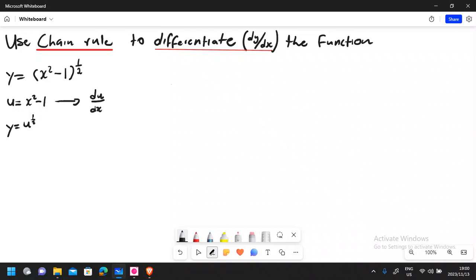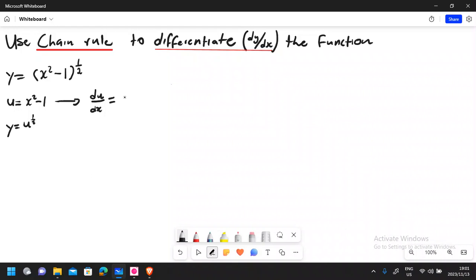Remember, this is equal to u, but this is u with respect to x, so pay attention to that. Then we have du over dx. So when you differentiate this, this is the standard derivative. By the way, we know that the standard derivative is going to give us